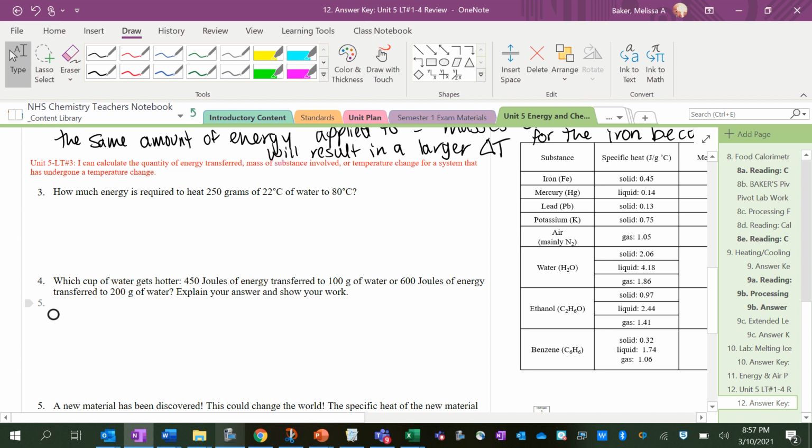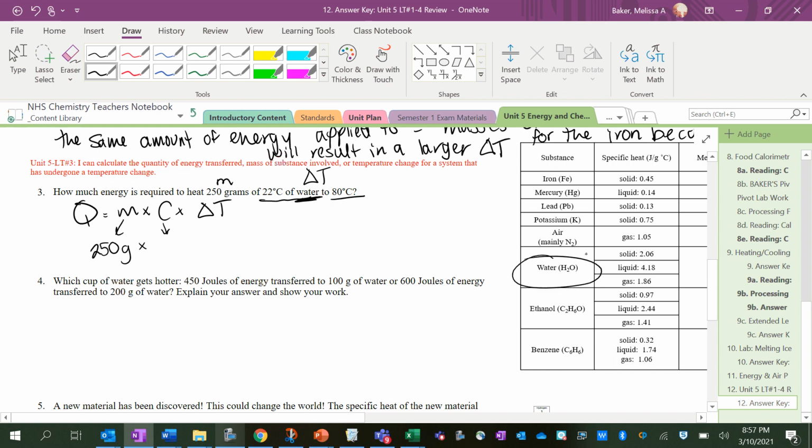All right, so then you're expected to know how to calculate how much energy would be required to heat water, for example, through a certain temperature change. So when you see a change in temperature like this, and we've got a mass and we've got a substance, so we can look up its specific heat, the equation is Q equals mcΔT. Mass times specific heat times the change in temperature. So the mass of the water is 250 grams. The specific heat for water, we can look on this little chart,